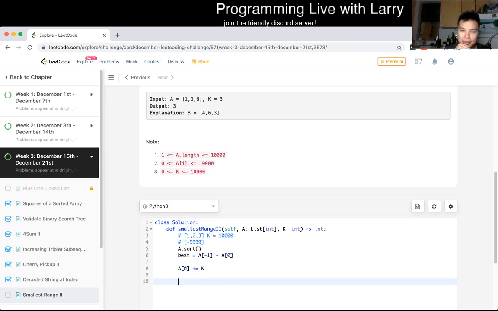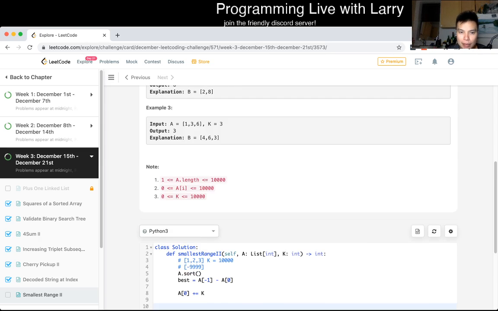Now that we changed the first element by k, what changes, right? Well, we still have to process whether to add or subtract from the next elements, and that is curious. Because in this case,